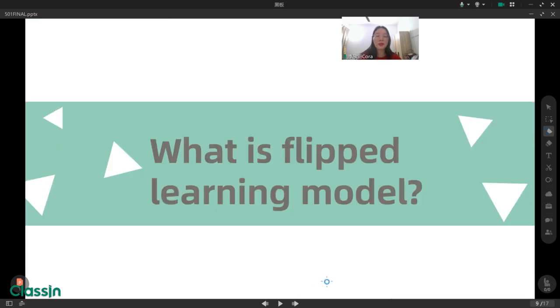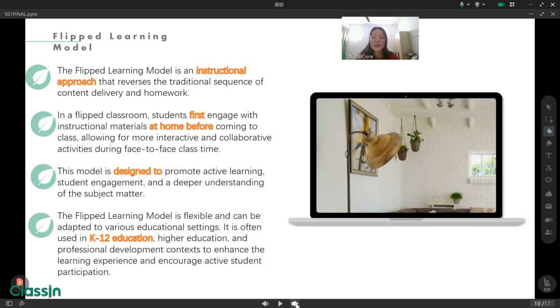Okay, the second question for our learning objectives is: what is the flipped learning model? Let's look at this page. On the left part, we can see some explanation for flipped learning models.